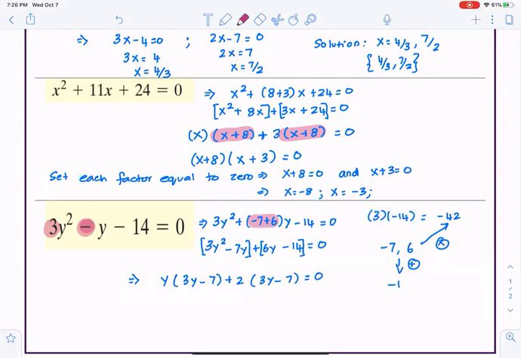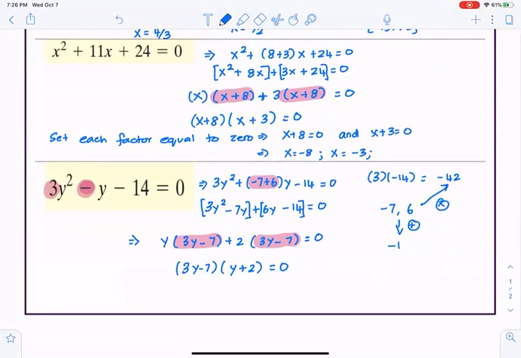What is common between those two terms? We have 3y minus 7. If I pull 3y minus 7 out from the terms, we have y plus 2. So I have successfully factored the equation, and I end up having 3y minus 7 multiplied by y plus 2